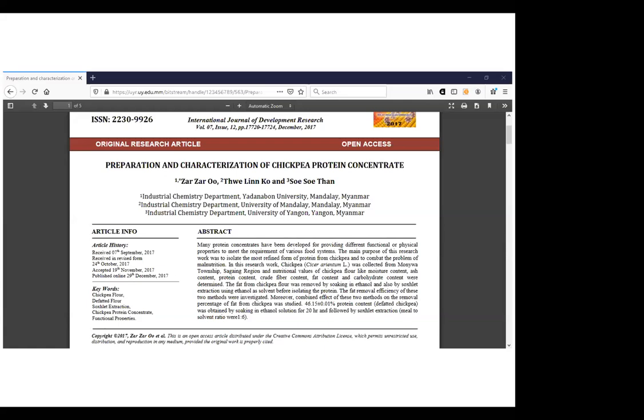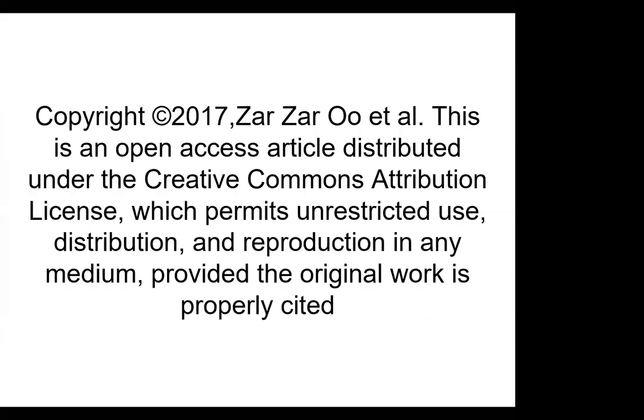How you might see them in the articles. So this is an example of the article, and you can see at the bottom where it says copyright. This is a text that copyright belongs to authors, and this is an open access article distributed under the Creative Commons Attribution license, which permits unrestricted use, distribution, and reproduction in any medium provided that the original work is properly cited. So this is an example of an attribution, and most open access publishers use this most open version of Creative Commons licenses,